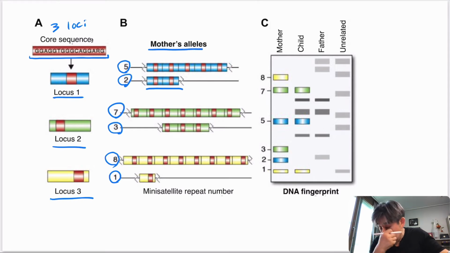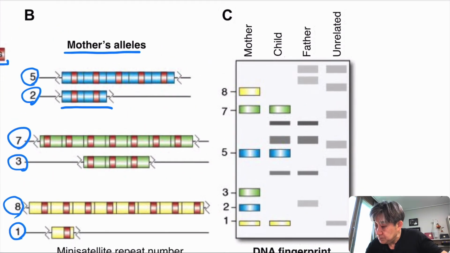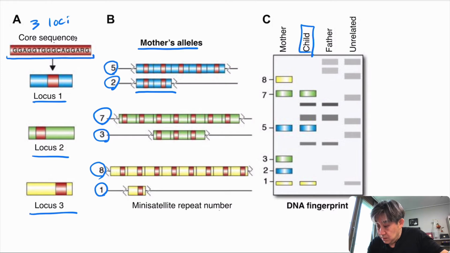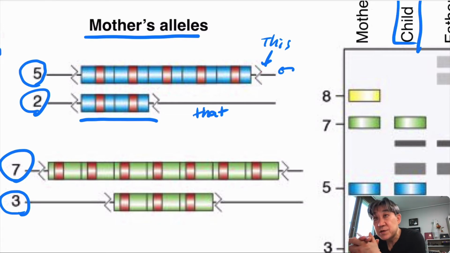This is how this repeat sequence is present in this particular model. And if there was a case, a biological child of this mother will definitely inherit either one of these on this chromosome, either this or that. Either one of these will end up in the child chromosome, because during this gamete production, either one